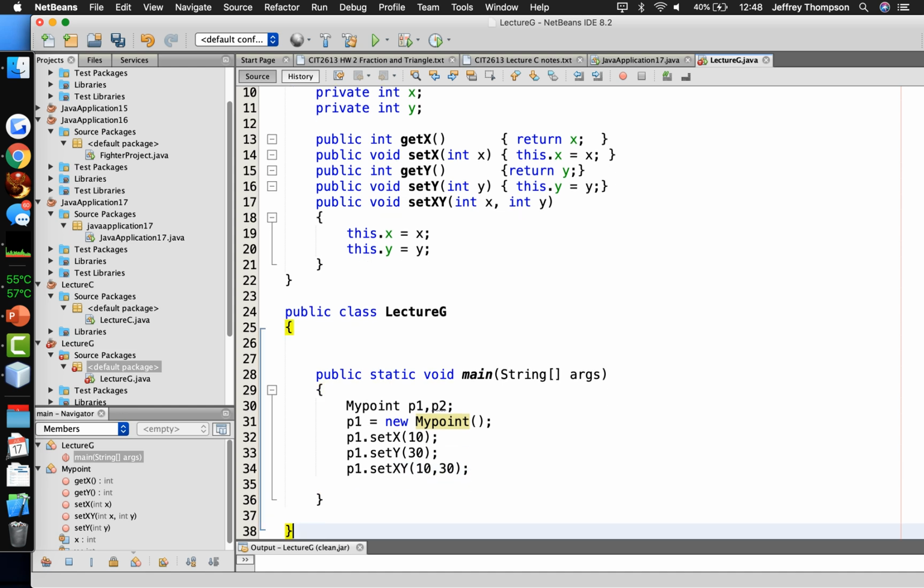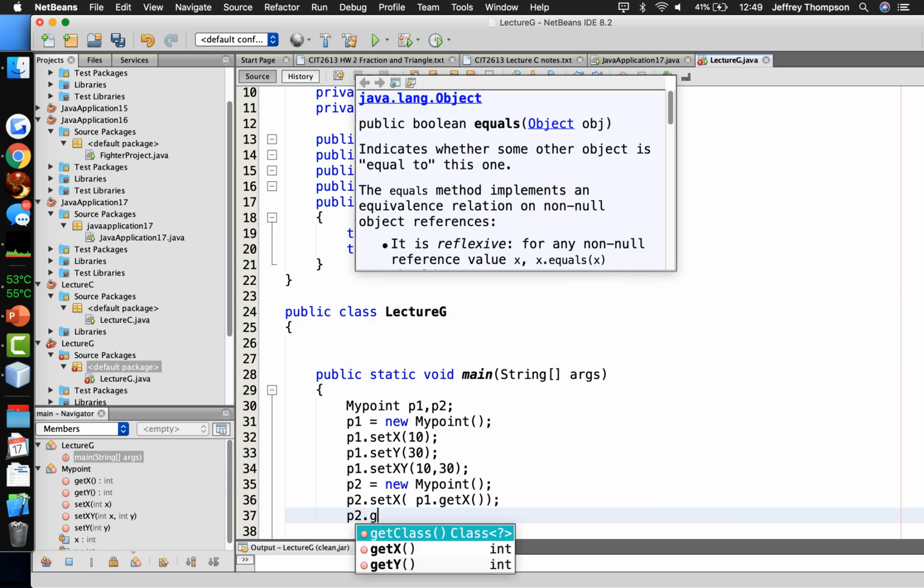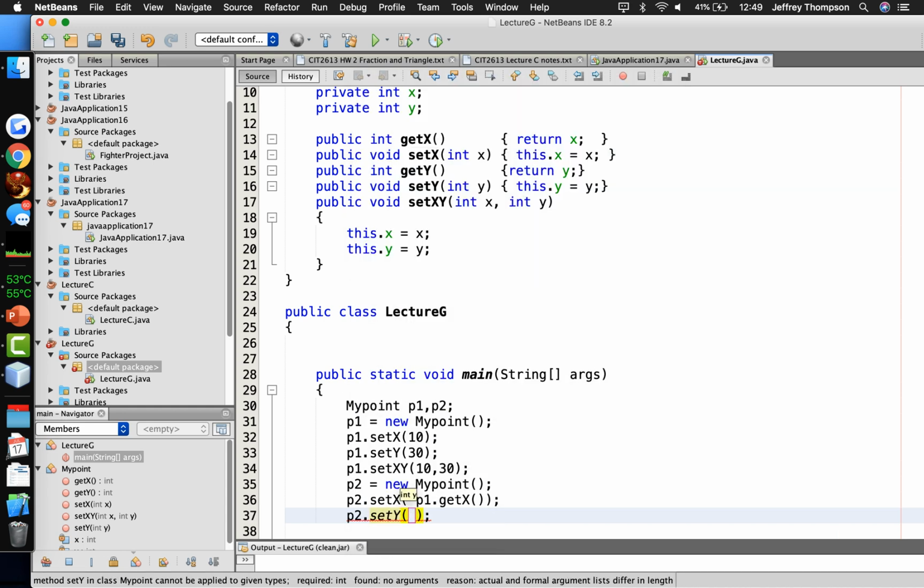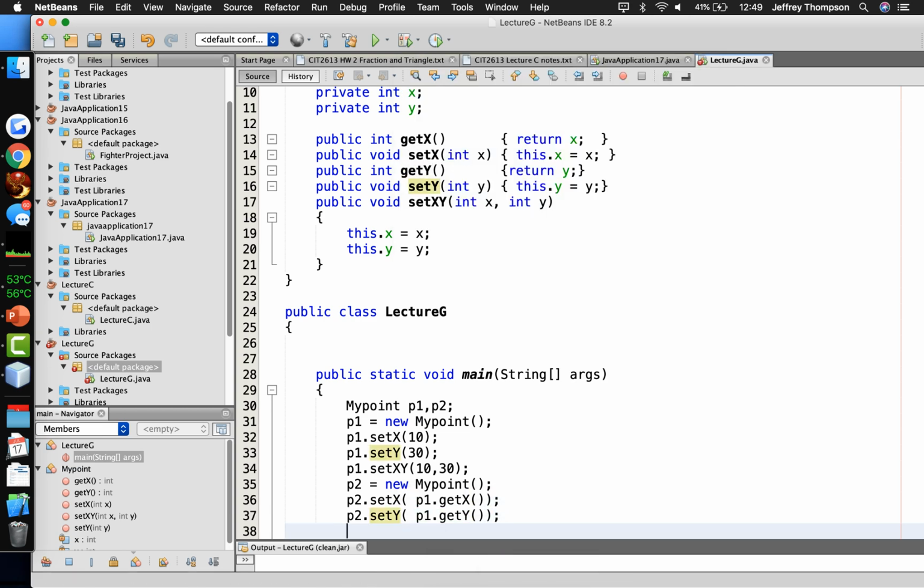Now, if we want to make another one that is a duplicate of that, right, p2 is supposed to point to a new object with the same data. p2 = new MyPoint(); and then p2.setX(p1.getX()); See what's happening? We're getting the value of p1's x, and we're putting it into p2's x. Going to do the same thing for y. p2.setY(p1.getY());